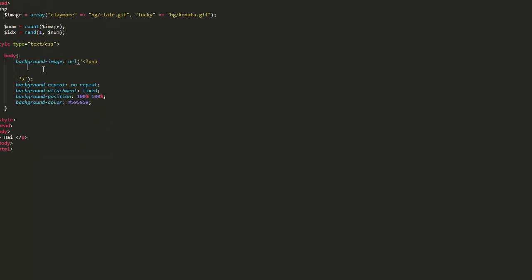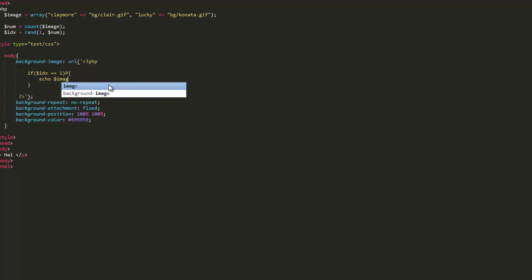Okay, so in these PHP tags, you want to do an if statement. This is probably the most primitive way that you could possibly do it, but it does work and it is fairly effective because you're basically generating the random number up here, and then you're just grabbing if that random number is set, and if it is set, then it'll display the image, which is just echoing out the image location for the CSS. You could do this in a CSS file, but I'm not sure how to do it exactly in a CSS file. So if idx equals 1